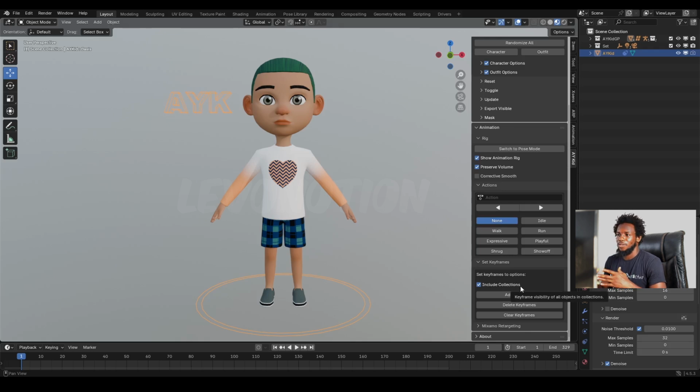And examples of collections are the character's top, the character's trouser, footwear, and the likes. So for example, I want to set a keyframe on frame 1 with the include collections checked. So I'm just going to set the keyframe, and that adds a keyframe on frame 1. So I'll go to frame 2,